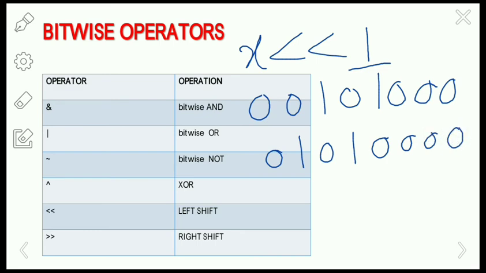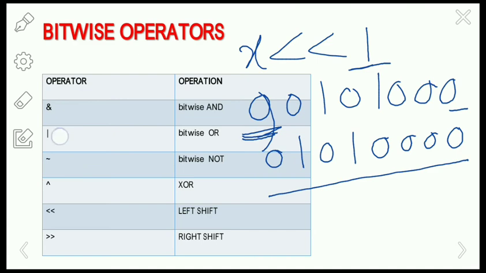We are going to remove the leftmost one bit, and similarly we are going to pad the right side with zeros. If you remove the leftmost bit, then there will be 7 bits only, right? So to fill the empty space, we are going to pad the rightmost bit with 0. Then the answer will be this one.